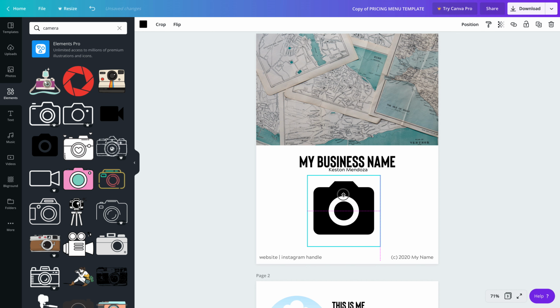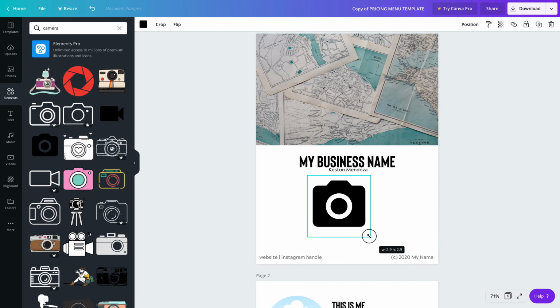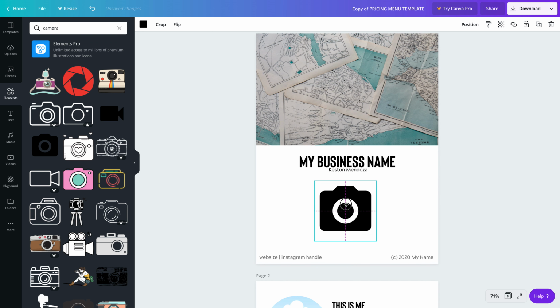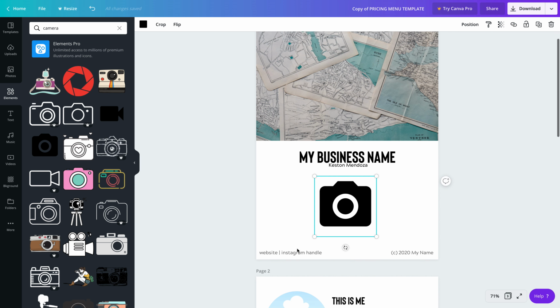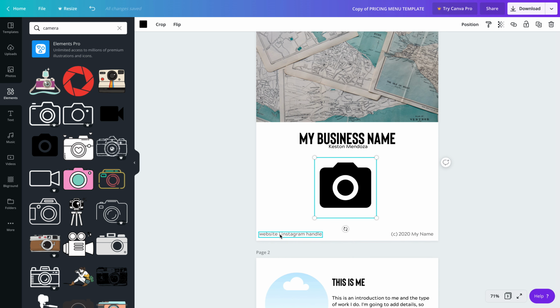Okay, for now I'll leave it like that, and I'm just gonna adjust it the way I want. Again, super helpful that these crosshairs pop up, because then I can tell that it's centered. Now they've done a great job of building in, this is like a build-your-own thing. Everything's there for you. So if you have a website, you could double click on here, find that, and put your website name. So let's just say mine is